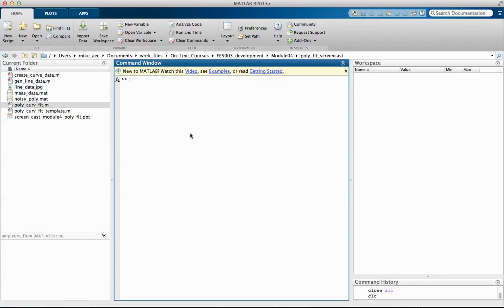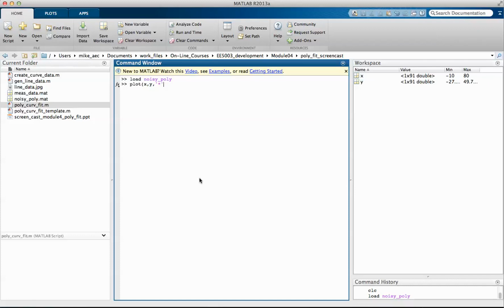So I wanted to give you a brief introduction to your polynomial curve fitting assignment in this module. Let's start off by first of all loading in that data. So we've got noisy poly. And if we go ahead and plot it out,